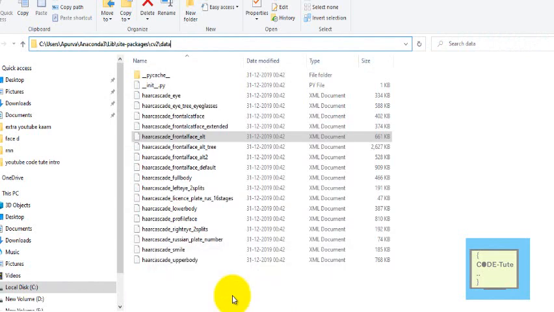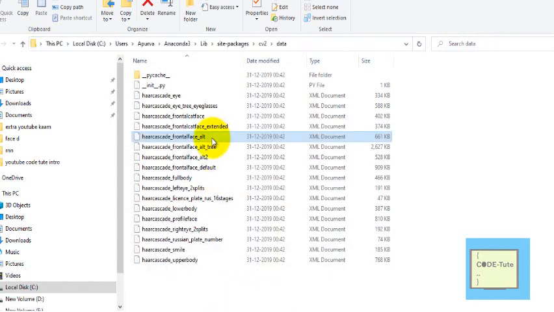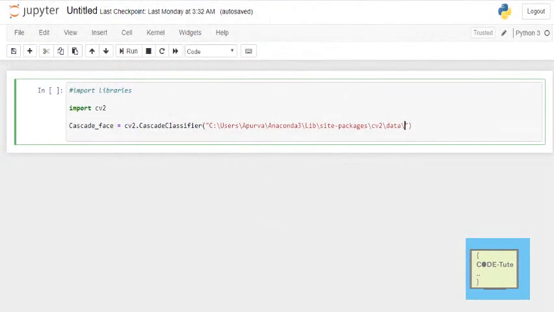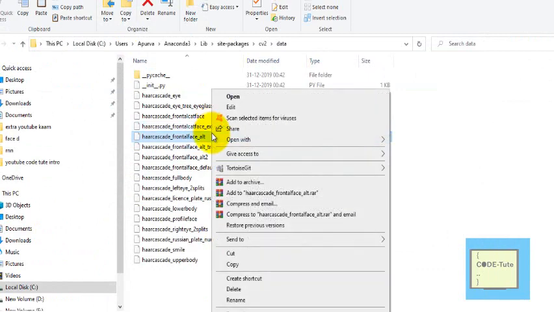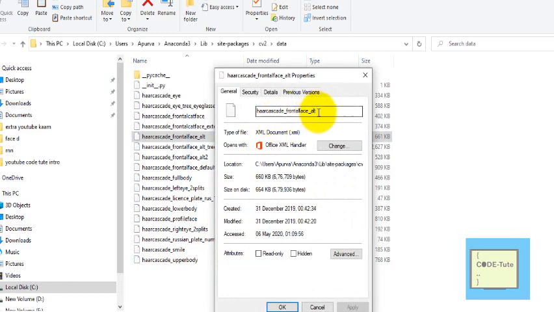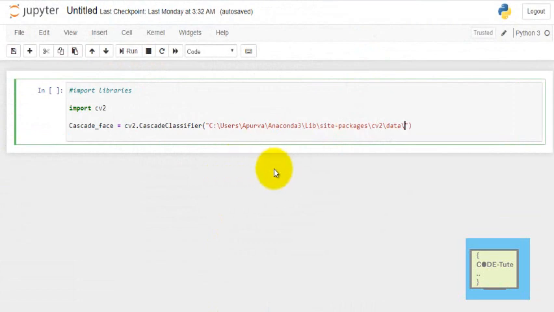So this is the name of my classifier, so I will copy this, go into the properties, and from there you can copy this name, go back here and put it here, .xml. So this is the classifier, and instead of a single slash give a double slash to read that particular XML file, otherwise it will throw an error.